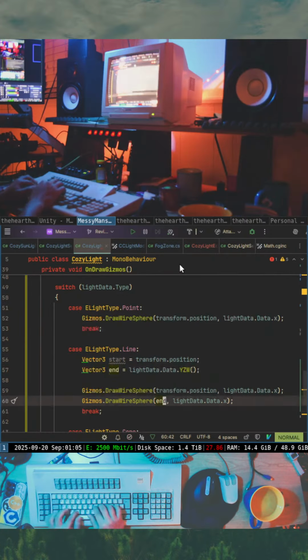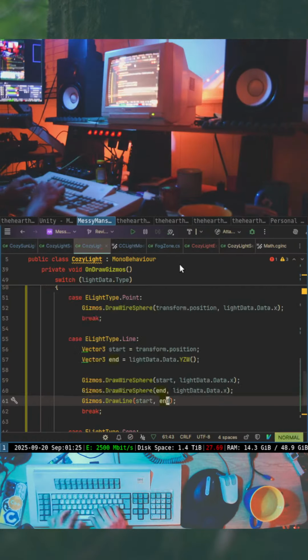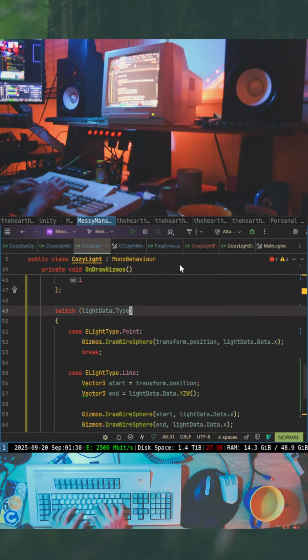Draw line, so we can see where start and end are. Cool, so now we have a light data type of point. We just draw the sphere. If it's a line light type, we draw both spheres and then the line that connects start and end. Sweet. And then finally,